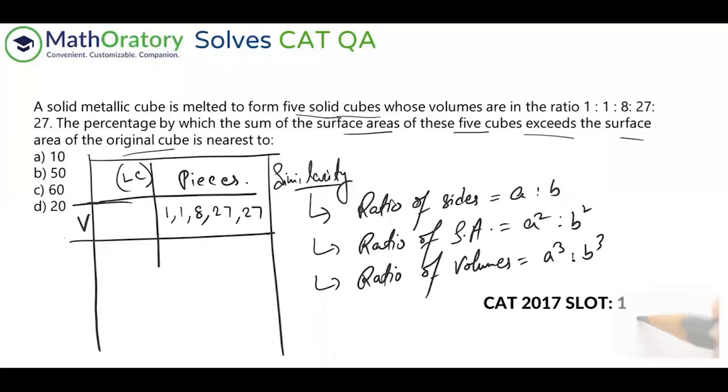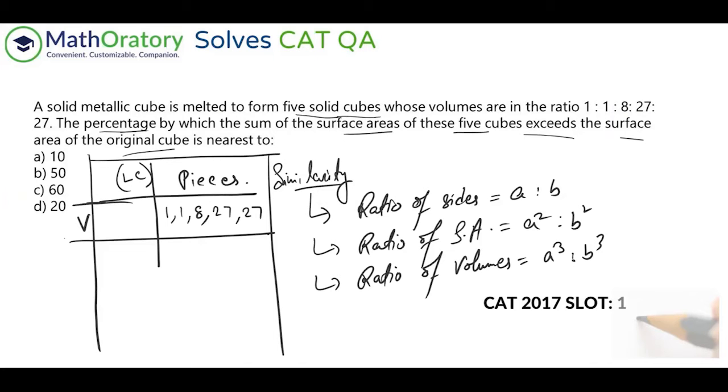It doesn't matter. You can consider this to be, but if you use a variable, do not use k with this. Use a k cube. That will simplify a bit of calculation. But it's not required. You can just consider these as the numbers because everything is in terms of ratio. The requirement is also in terms of percentage. So the actual value is not relevant too much.